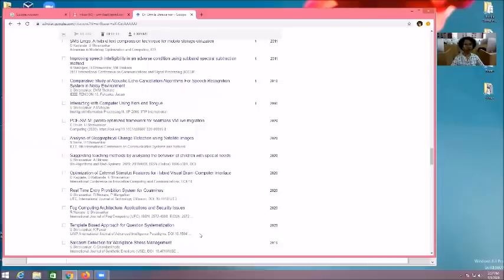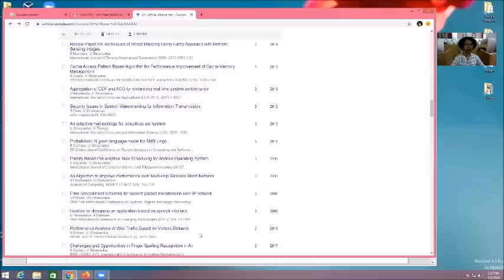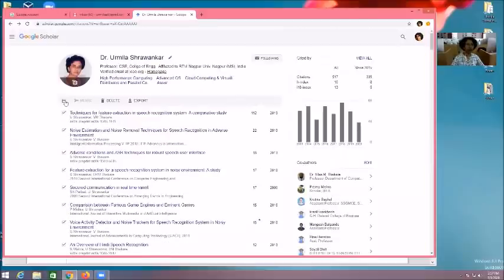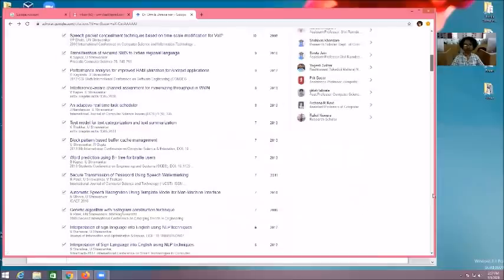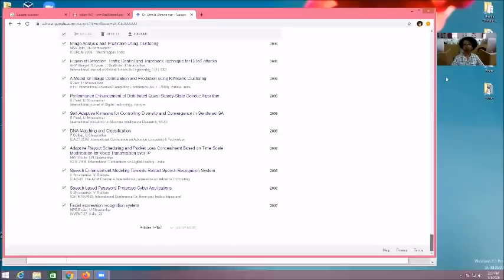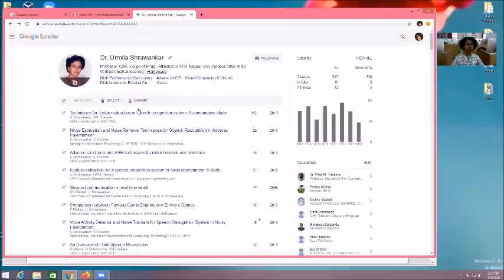So I will select all my papers. You select all papers, and now all papers are selected. Yes, I confirm it. Now there is a button that was not available until now, but as soon as I select all papers, that button is enabled.